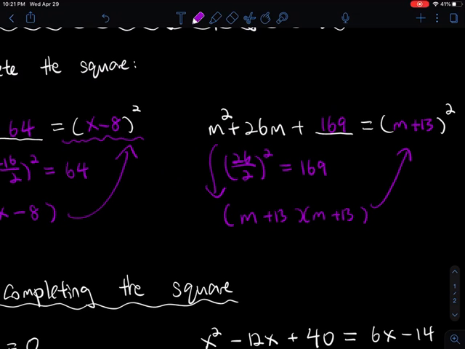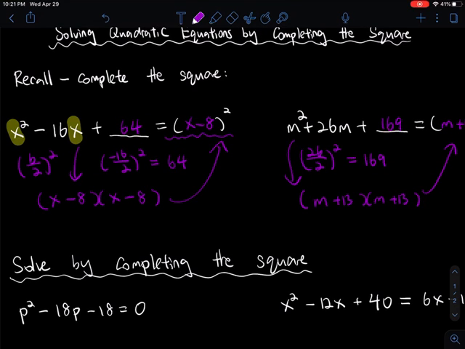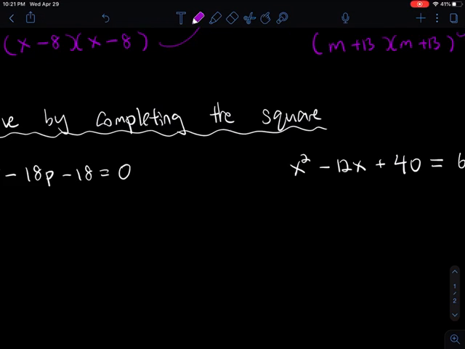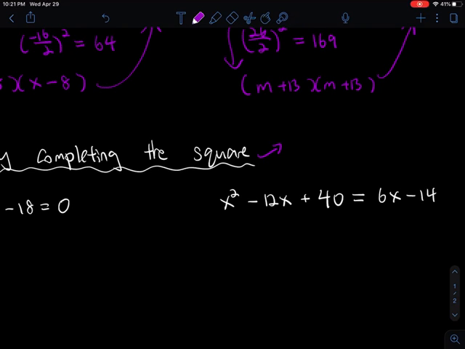Once again, we should get the two same factors, which we can then write as m plus 13 squared. Okay, so as we saw at the end of last time, we can use this to help us solve some quadratics. Today we'll look at a few more examples just to get the hang of this. The idea of solving by completing the square is to move the